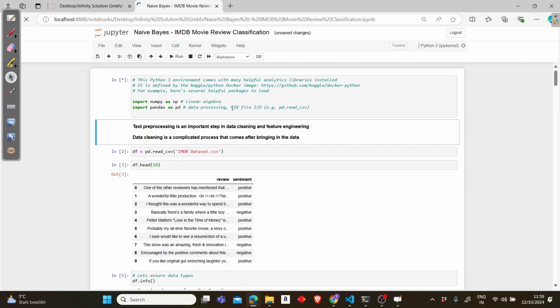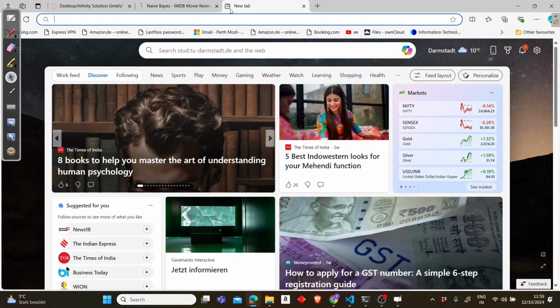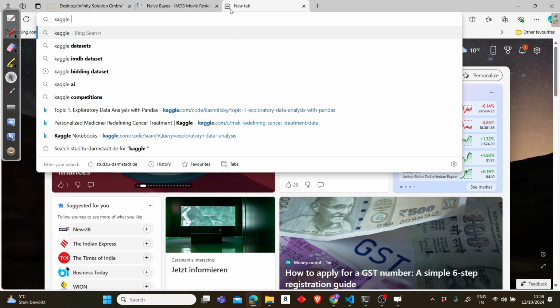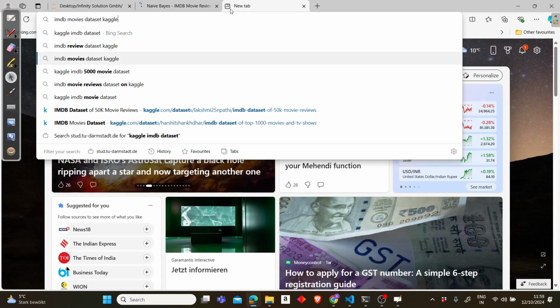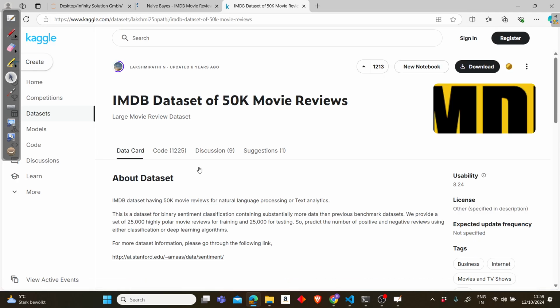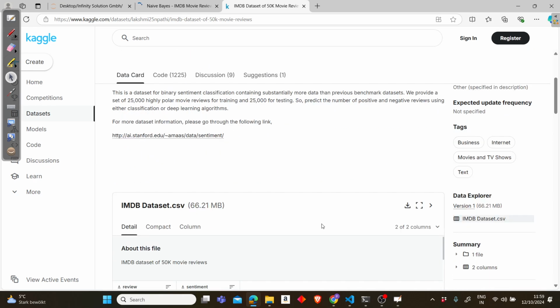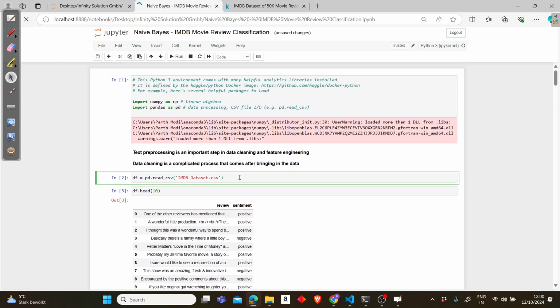So I'm simply importing a few libraries, especially NumPy and Pandas, and this will be straightforward. Now, what we are doing is we are using the IMDB dataset. So you can just search for Kaggle IMDB dataset, and you will get the movie reviews. We have to take this one, which has 50,000 movies, and you simply download it. I have already downloaded it and kept it in the directory where my Jupyter notebook is. So I'll just read this,